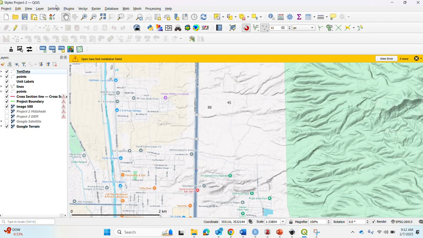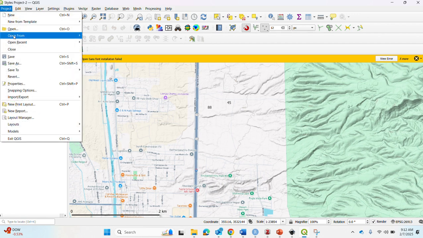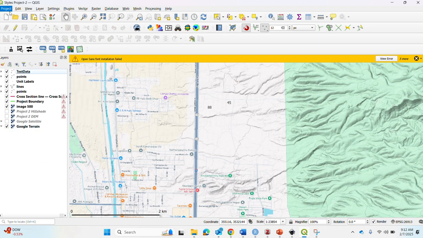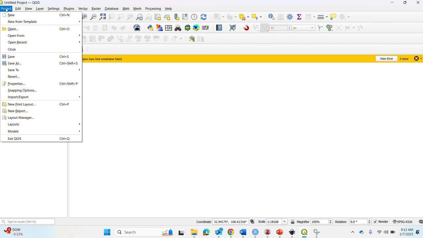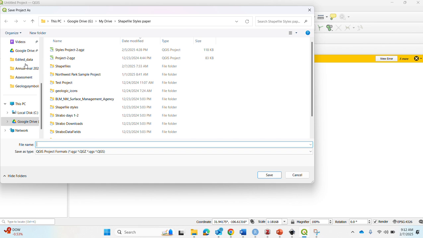I use Quantum GIS. Other people can use other things. So I'm just going to make a new project here again to start from scratch. And the new project now, I'm going to save the project in my project folder with everything else. If you keep everything in the same folder, things don't get lost. So I'm going to start right away with save as, and I'm going to move it to